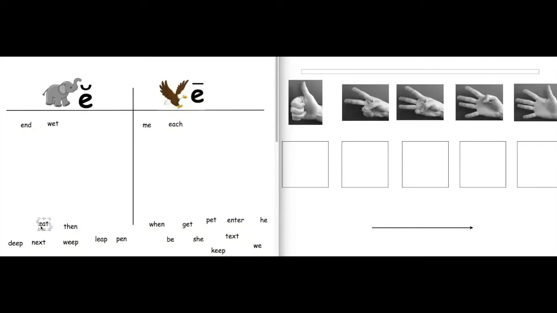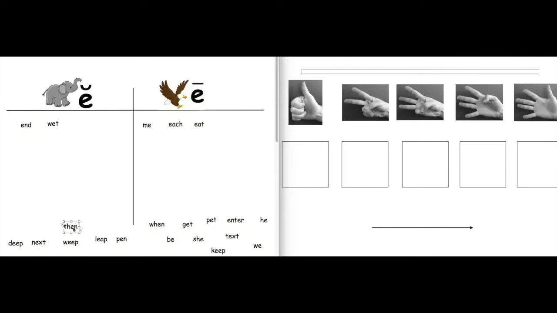Let's look at another word. How about this one? Eat. All right, let's make the sounds. Eat. Use your hands. Eat. Did you hear it? It was a long E. Eat, just like eagle. Okay, and look, in this word each and in this word eat, the EA can make an E sound in some words. Interesting. Okay, let's move on.